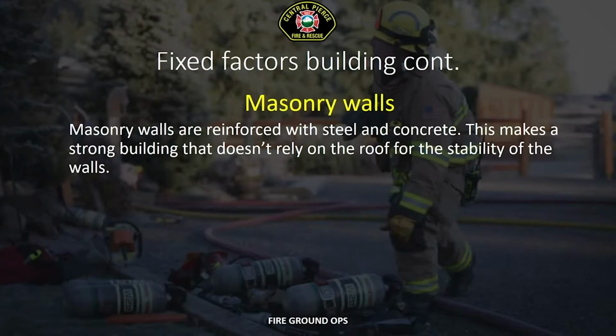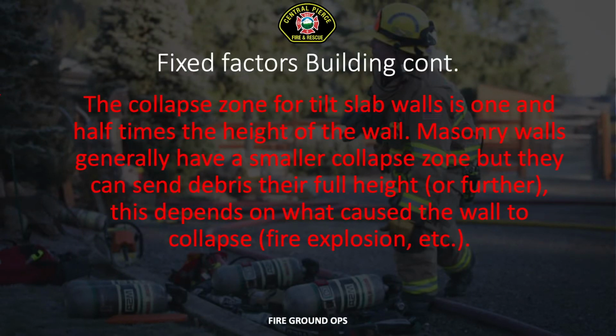concrete tilt slab wall and a masonry wall, because the masonry walls, when they fall down, can explode debris outward. So continuing on with the fixed critical factor for building, the collapse zone of tilt slab walls is 1.5 times the height of the wall. You're going to see in the Lowe's, when we show you the pictures, there are some spots on the Bravo and the Charlie side of Lowe's where you cannot get back there and be outside of the collapse zone. So when we start looking at our assignments in defensive operations or where we want to park apparatus, those may